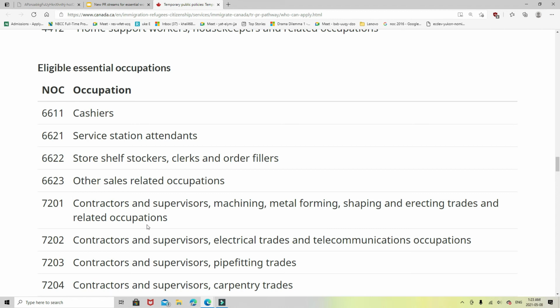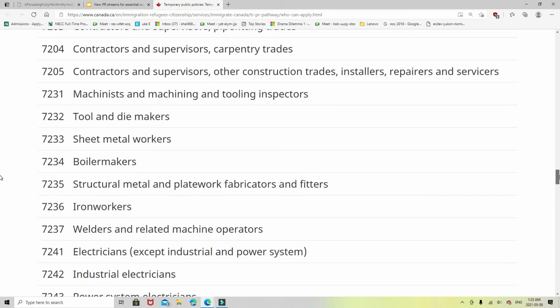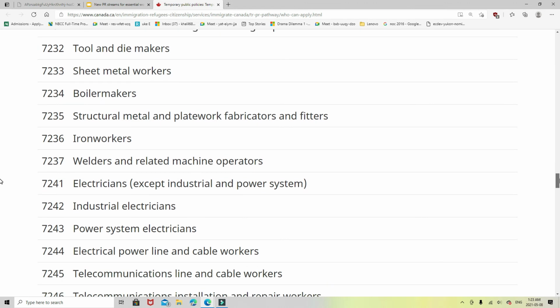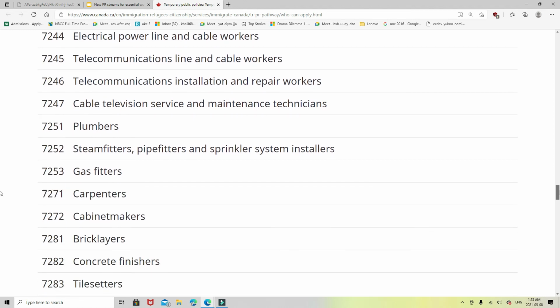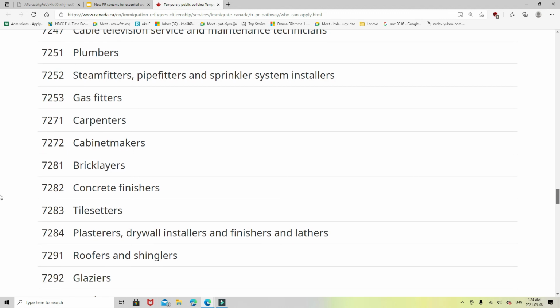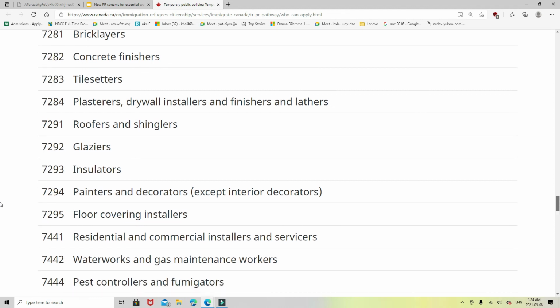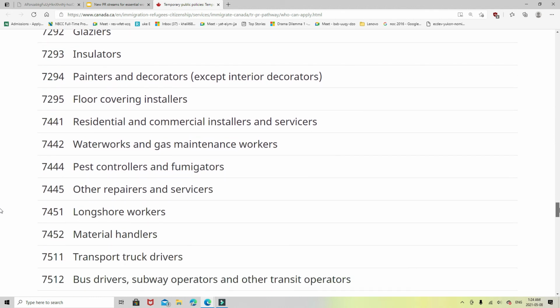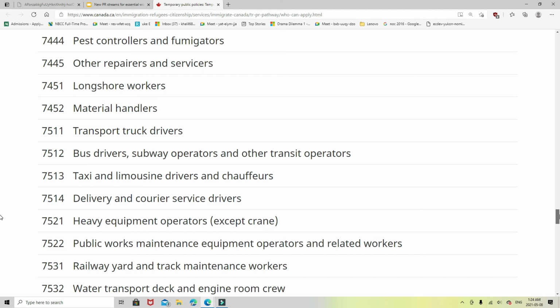Other sales related occupations: contractors, supervisors, okay, tool and die makers, sheet metal workers, boiler makers, iron workers, welders, electricians, industrial electricians, power system electricians, plumbers, gas fitters, carpenters, cabinet makers, bricklayers, concrete finishers, tile setters, plasterers, roofers and shinglers, glaziers, insulators, painters, decorators, floor covering installers, pest controllers, material handlers, longshore workers, transport truck drivers, bus drivers, subway operators, taxi and limousine drivers, okay, delivery and